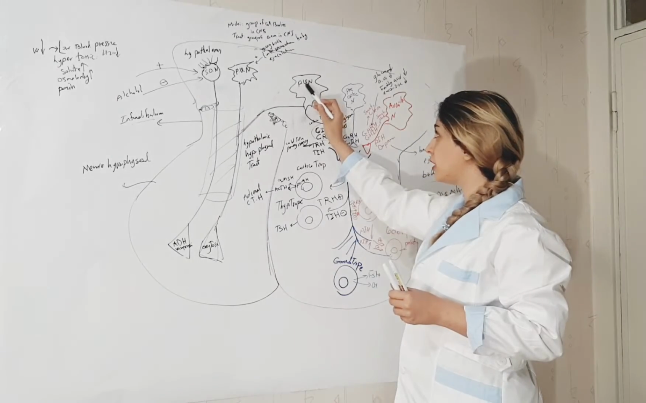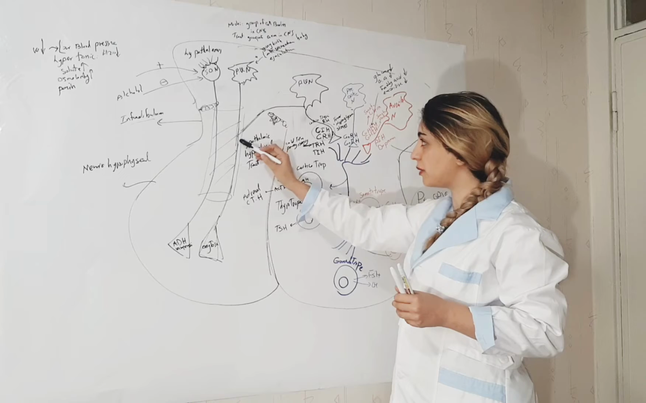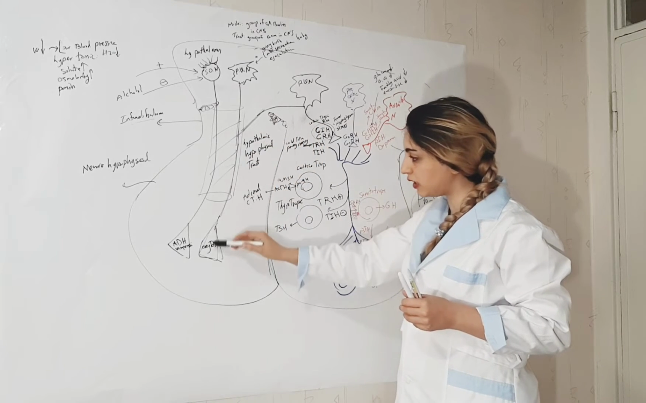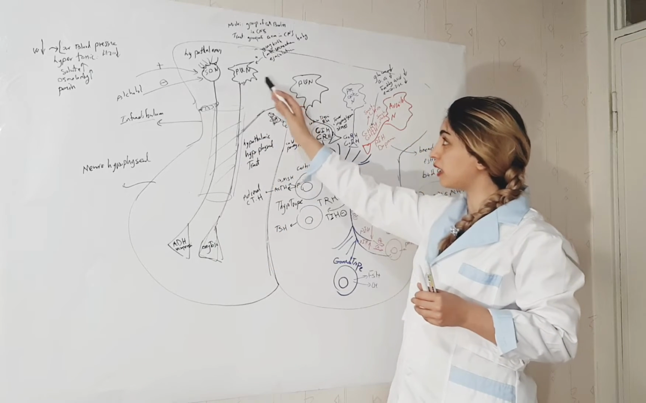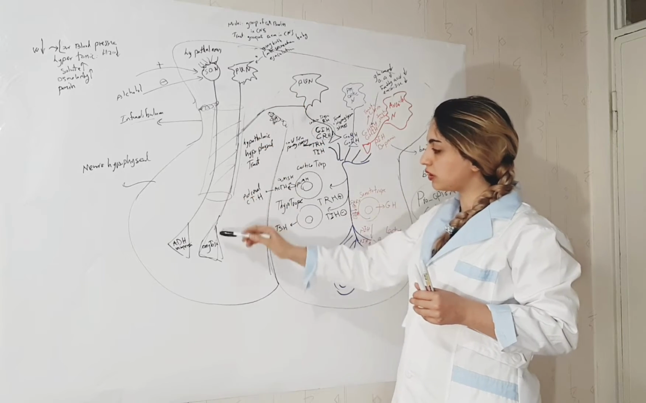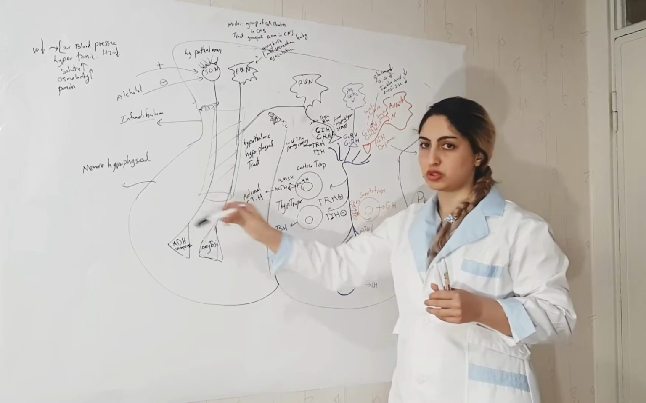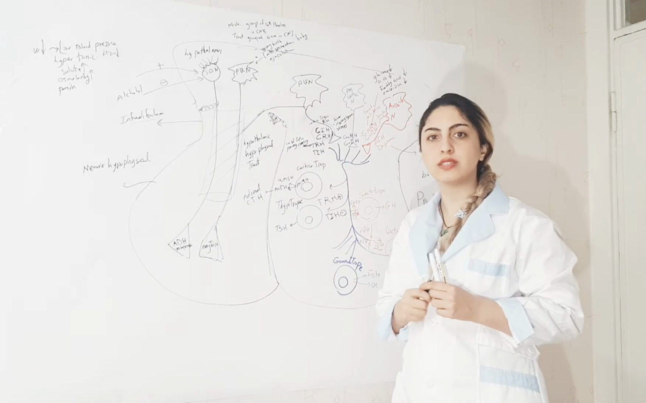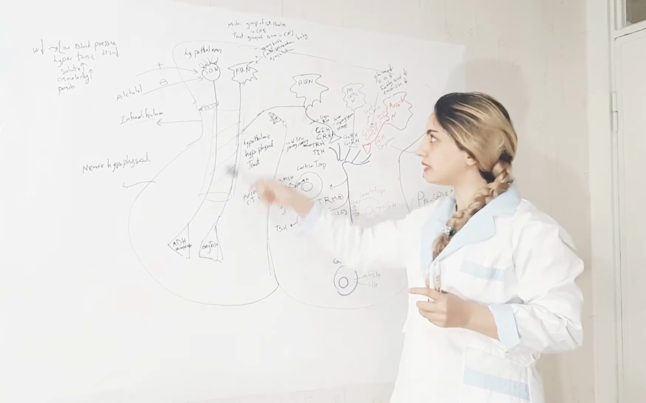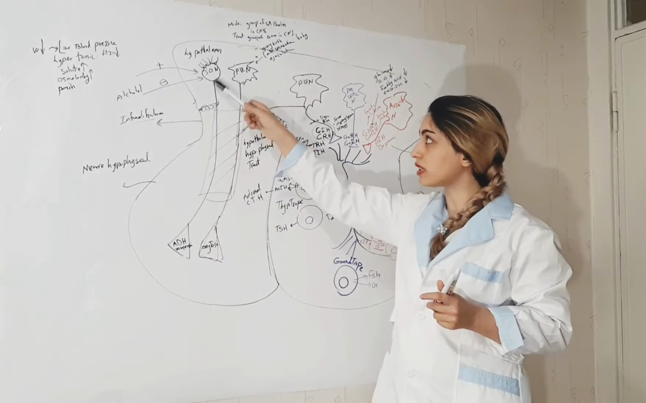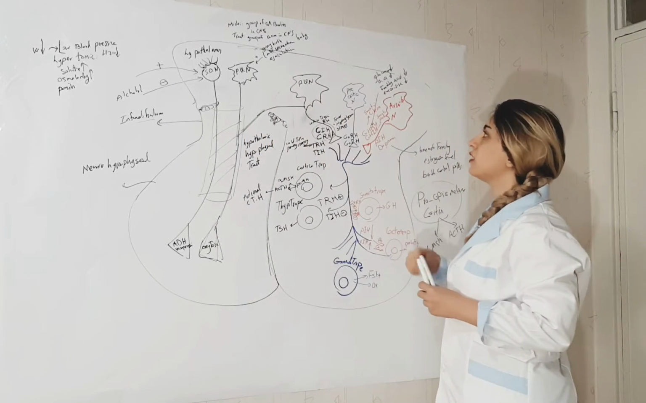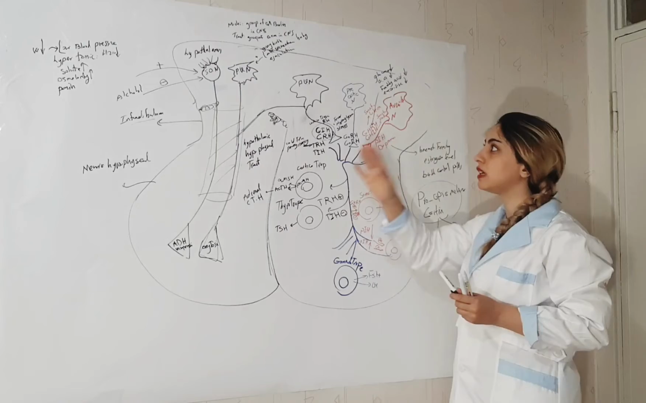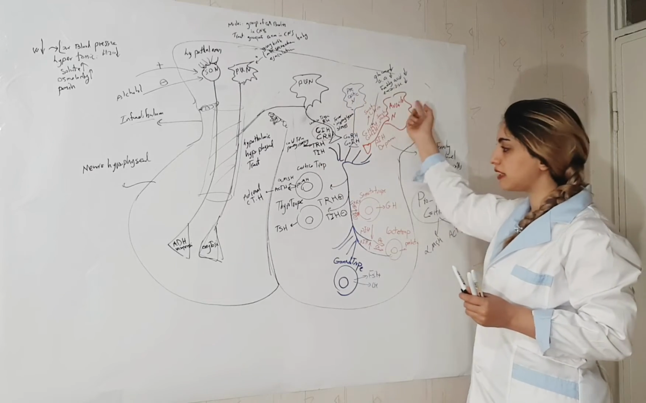In the paraventricular nucleus, there was a tract here which helps the oxytocin come here and be released. The posterior pituitary gland does not produce hormone. It just stores what is produced in the paraventricular nucleus and also the supraoptic nucleus. Anyway, right now I'm going to talk about the other part of the hypothalamus and its relation to the